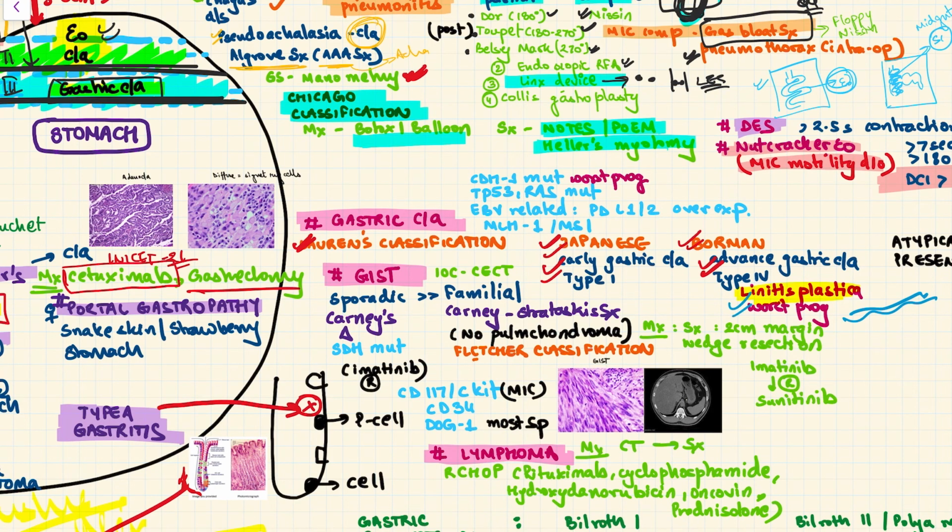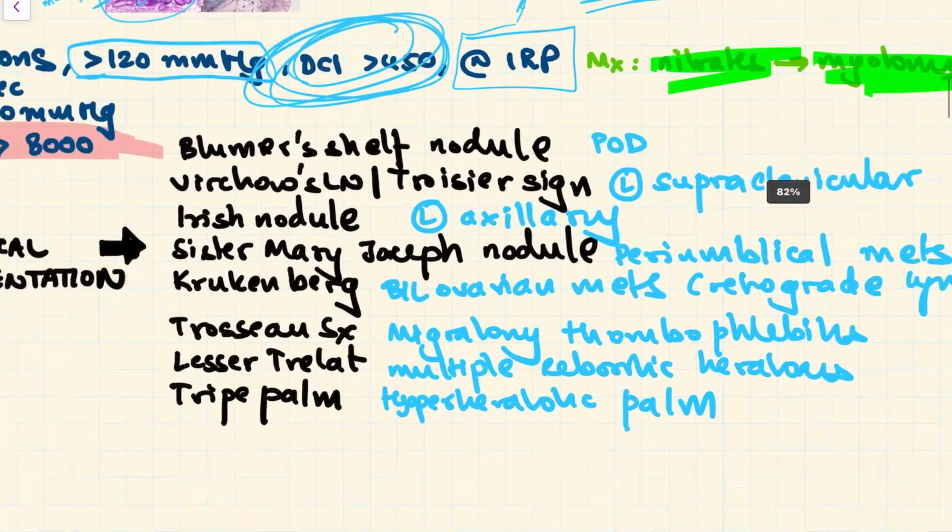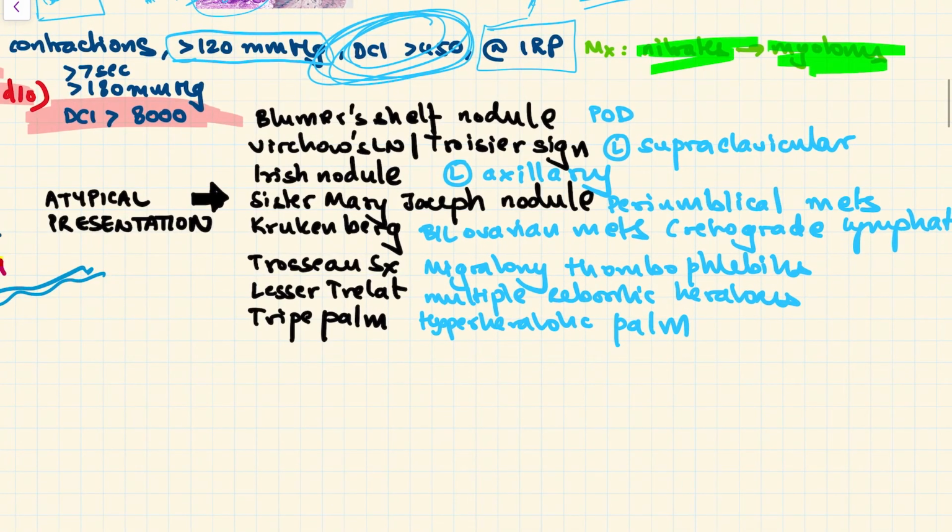And what is most important is the atypical presentation of gastric cancer, right? So let us go through them. First is the Blumer's shelf nodule, which is lymph node in the pouch of Douglas. Second is the Virchow's lymph node, which is also known as Troisier's sign. It is in the left supraclavicular region, right? So this is